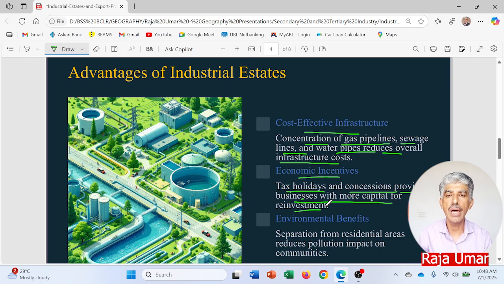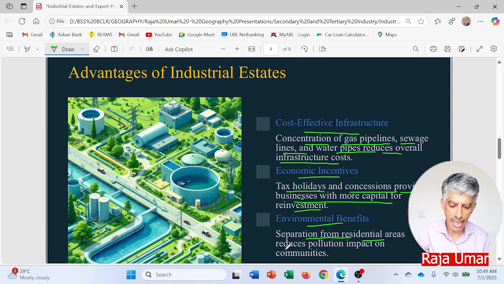I mean, government gives incentives to the investors and the industrialists, so that they might have tax holidays, for example for the next 1 month, whatever product the industries would be producing would be tax free, or it can have lower taxes. So those sorts of incentives are really very important for increasing production, and ultimately Pakistan gets more and more products available for exports, leading to the economic growth. Then environmental benefits.